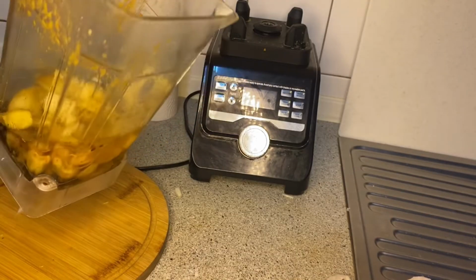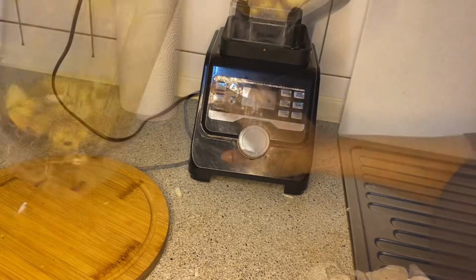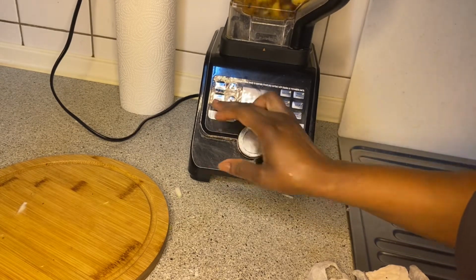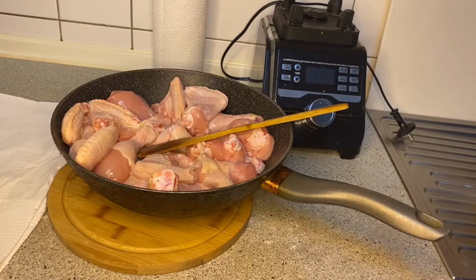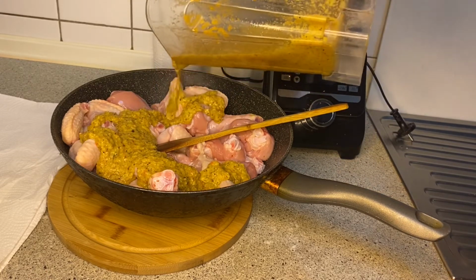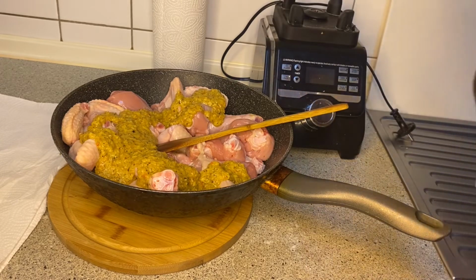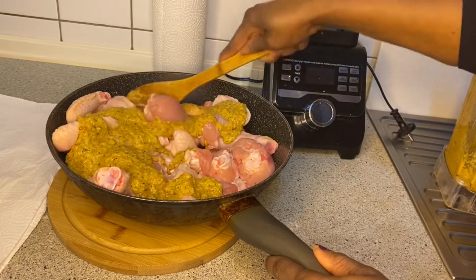Okay guys, so these are my ingredients. I have ginger, I have garlic, onions, cloves, and star anise, and also I have chicken flavor. Yes, you can use any choice of your spices that you want, but me, I love to use natural spices, especially ginger and garlic. Oh my god, you can never go wrong using ginger and garlic in your chicken recipes. Okay guys, so